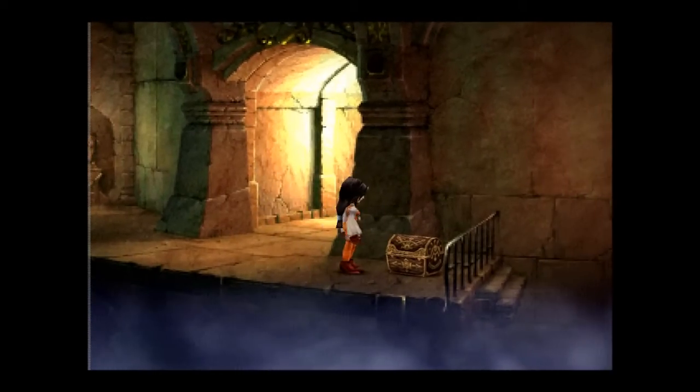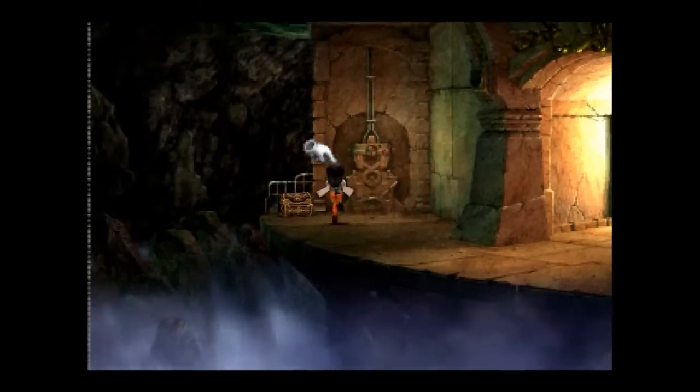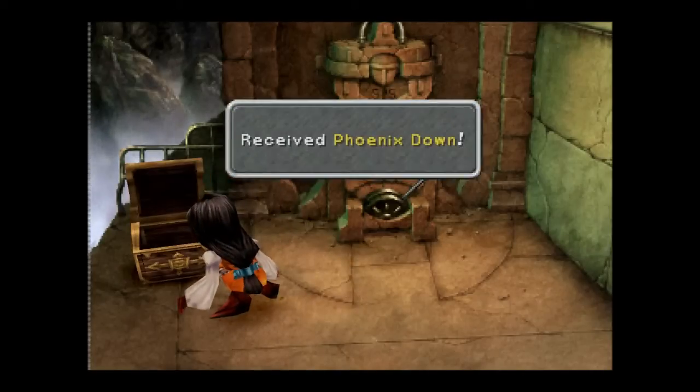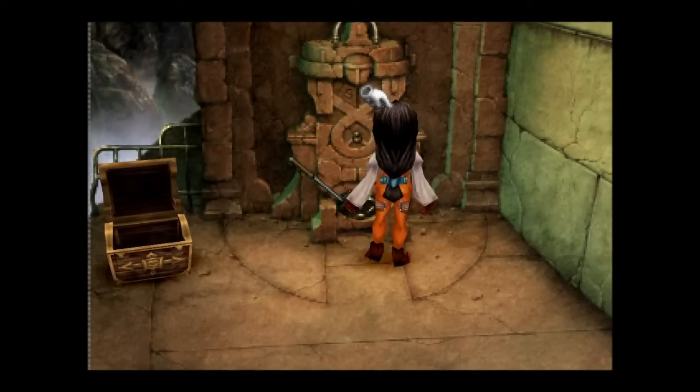I'm your host, Nick Legato, as we are exploring Gargant Row. Gargant Row! Well, at least we're trying to, as we get a Phoenix Down and a Chain Plate. This is a great place to grind in